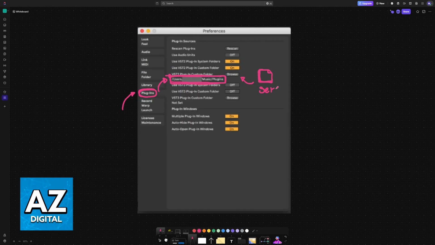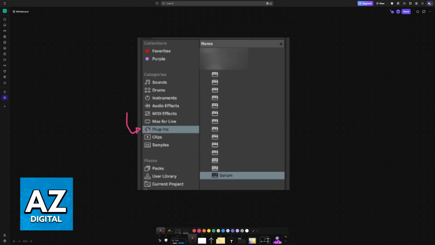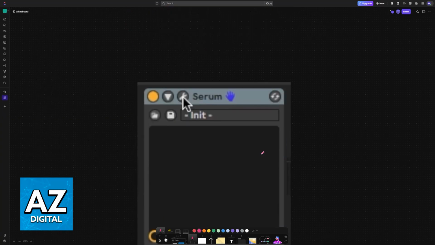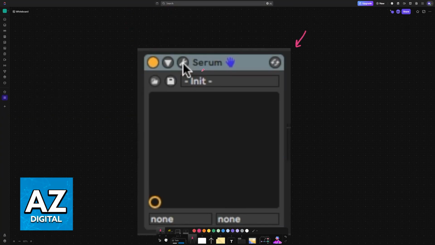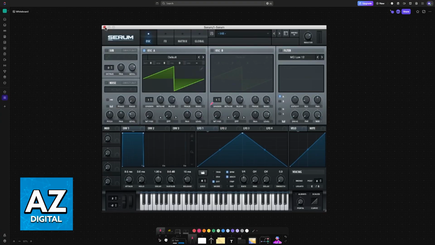Once you have Serum loaded into that folder, Ableton should be able to scan the folder, detect the VST files, and load Serum into Ableton Live. If it doesn't work, restart the program. Once Serum has been detected, it is going to be available under the plugins category, and you will find it here, labeled as such. Now you can double click on Serum or drag it over a specific track that you have. You can also look at the bottom left corner of the screen and then click on this little icon here. This will also open up the Serum interface, and now you are ready to use it.